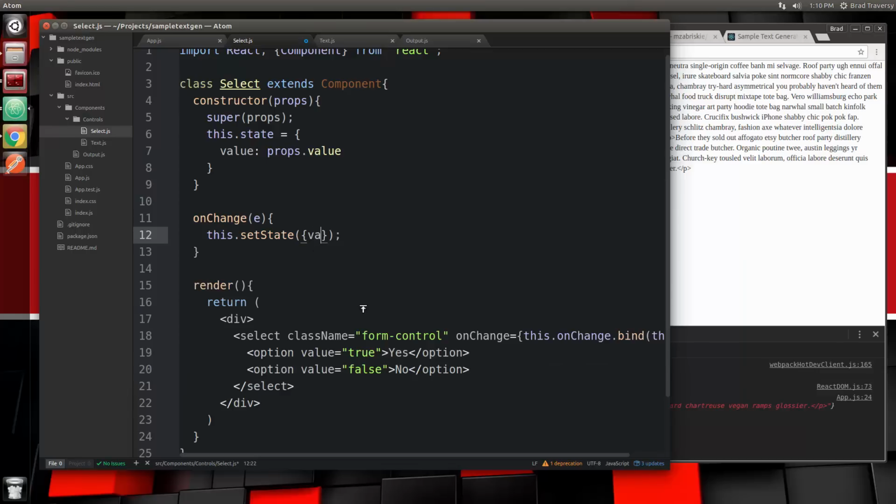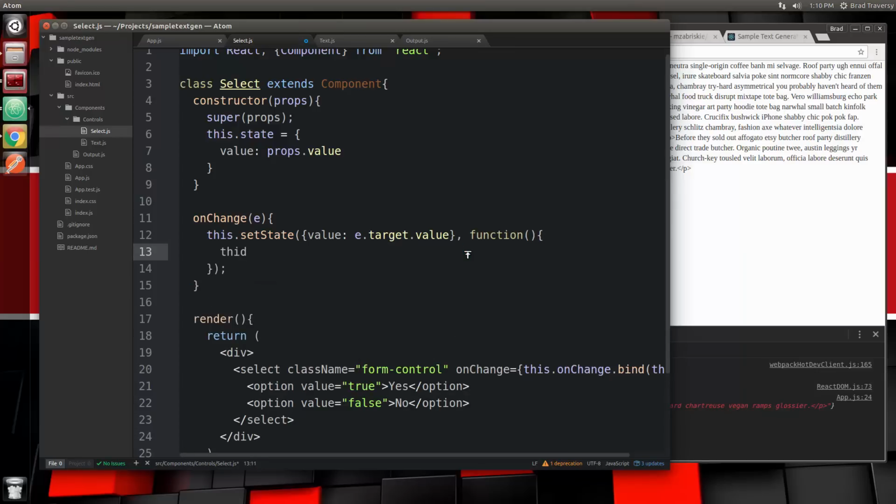So we can say set value to e.target.value, and that's going to allow us to get whatever it is, true or false, and we're setting it to this state option. And then let's do another parameter, which will be a callback,